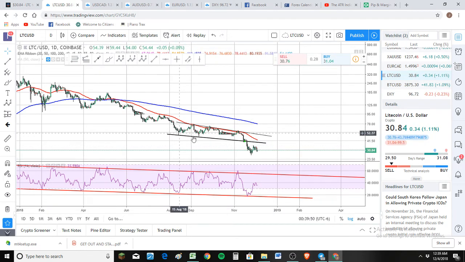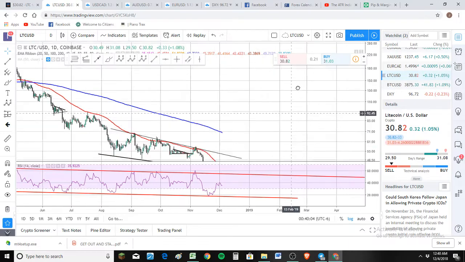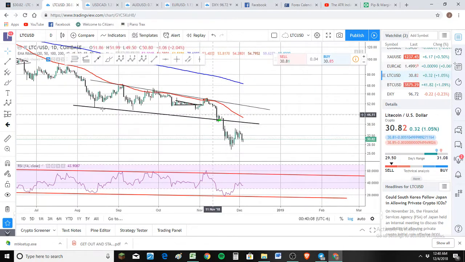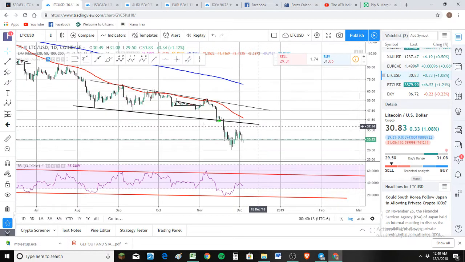You see this trend line that I've drawn right here with these peaks, it probably is going to come up to this line right here. I'm looking for 39, 38 maybe. If I zoom in a little bit, you can see it better. You can see this trend line that we created here, that we broke through. That was the resistance, so to speak, or actually support, I should say. It was support, but it's going to become resistance.